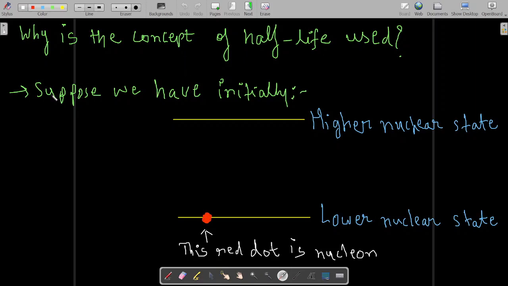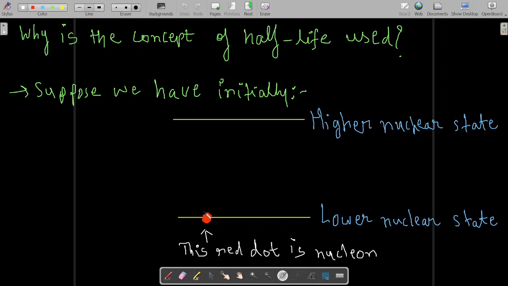Suppose initially this is your higher nuclear state and this is your lower nuclear state. And you already know that according to the nuclear shell model,